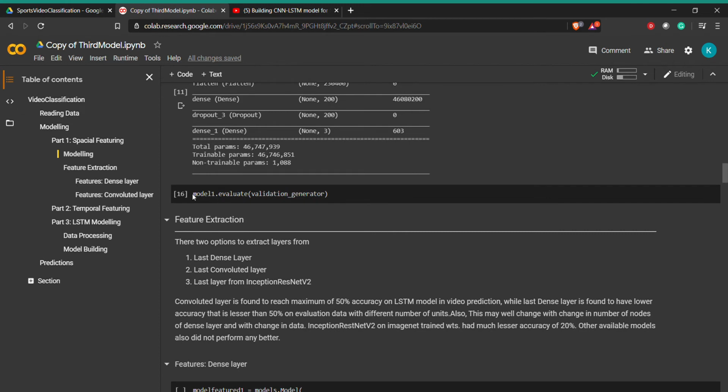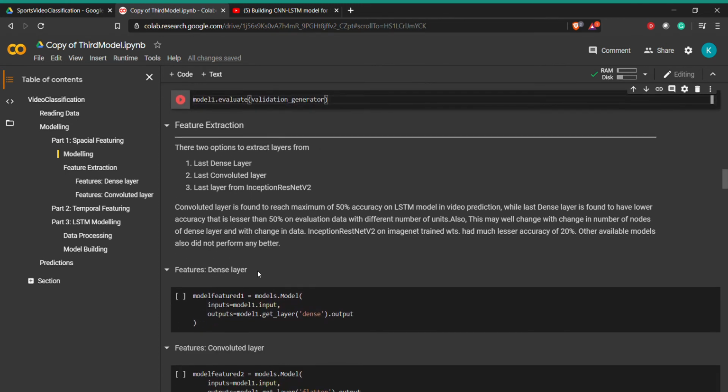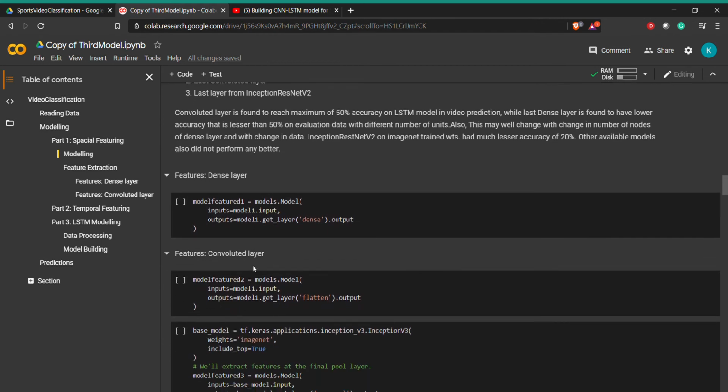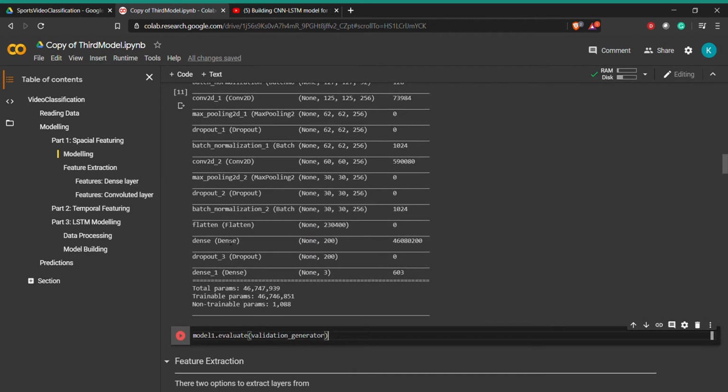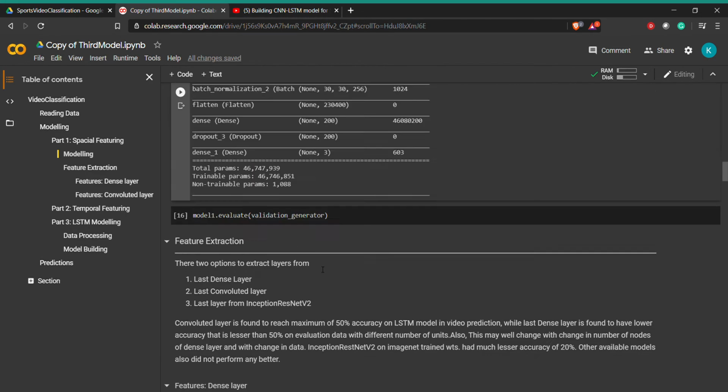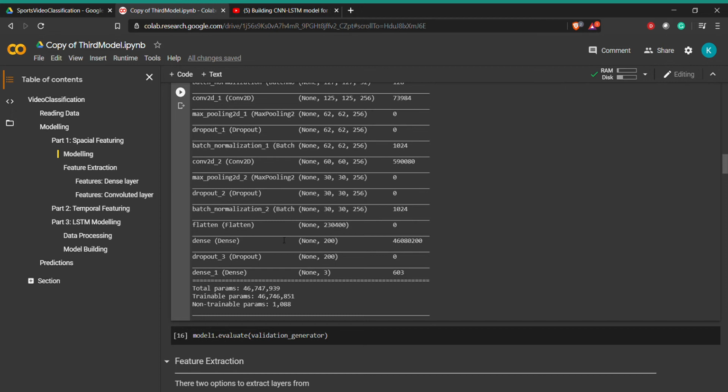Now our idea is, if you remember, in the CNN LSTM model we were extracting the features from here. There are many methods with which we have extracted the features. One was extracting from the dense layer, the layer of 200 features in the second last layer. Another thing we tried is using the flattened layer.